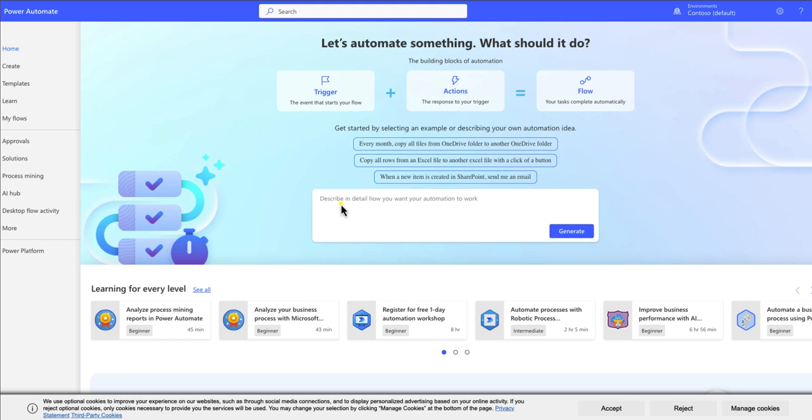So here's a simple use case. I'll ask Copilot to create me a flow that posts a Teams message when I receive a new email. Now, this to me is so powerful and amazing. I don't get the chance in my day-to-day work to use Power Automate as much as I'd like to. So having Copilot help me build flows and to be able to query Copilot to learn about Power Automate is incredible. For me, it's a complete game changer.